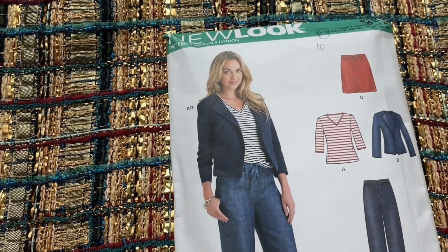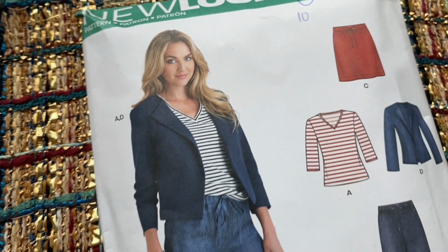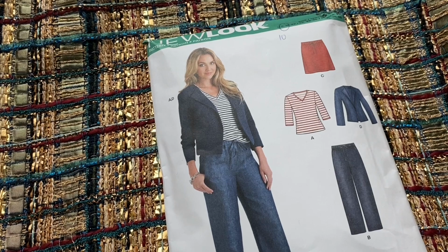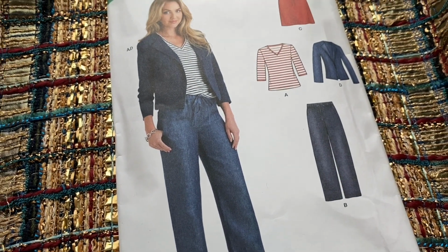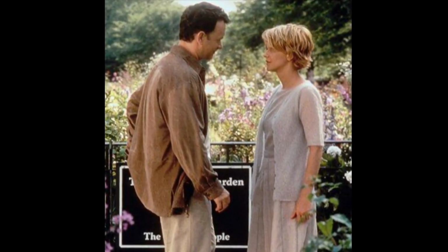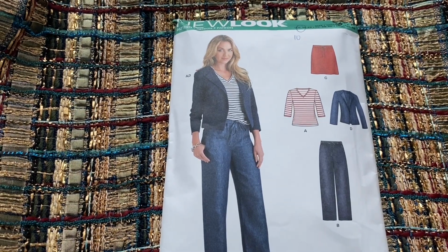And this one reminds me of Meg Ryan in You've Got Mail, who wears a lot of boyish outfits until right at the end where she wears a dress. I like these trousers and the jacket, but unfortunately the smaller size is 10, so I definitely have to make a mock-up of this rather than just going straight to good fabric. So maybe You've Got Mail, because there's a floral jacket that I want to make, because the last scene in the movie is in a garden, the 91st Street Community Garden in Riverside Park. I definitely want the excuse to make the floral jacket, but I would also make a mock-up